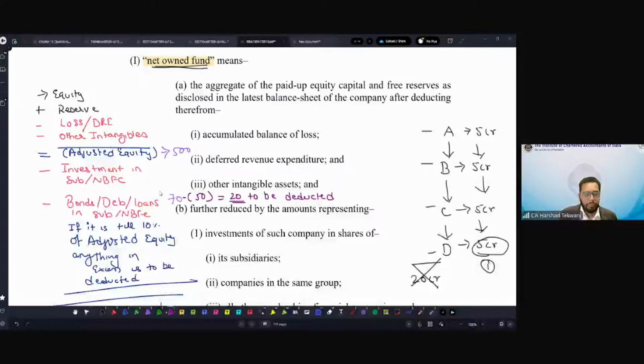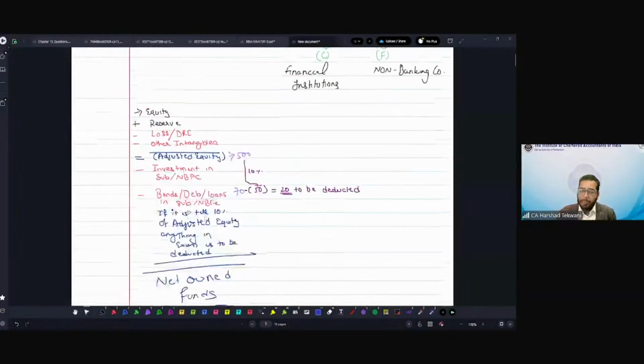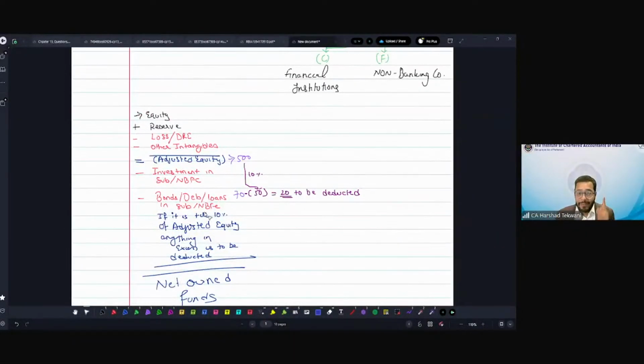Only 50. Adjusted equity में से हम 20. What I propose here is we will understand